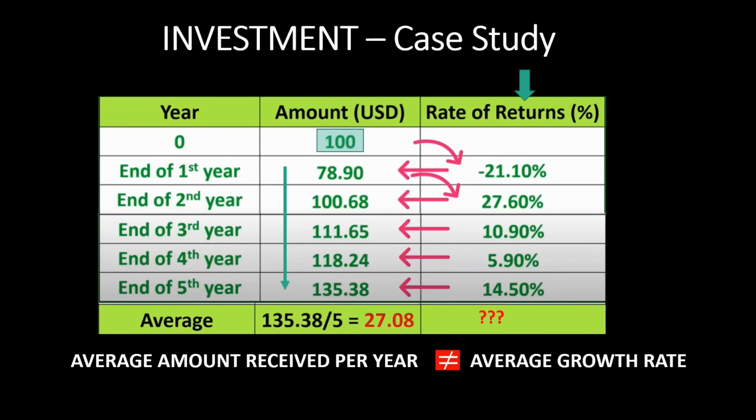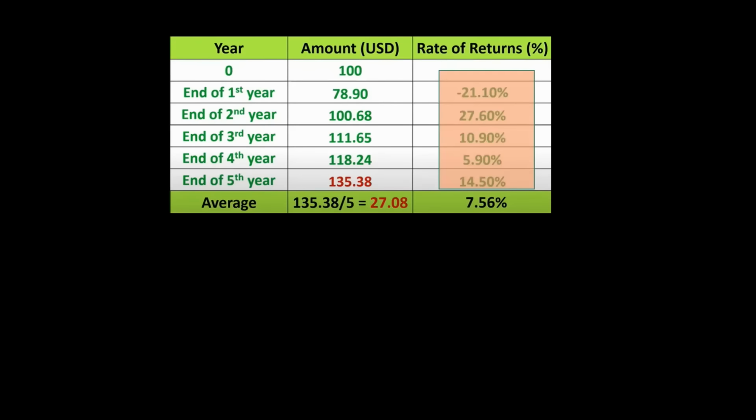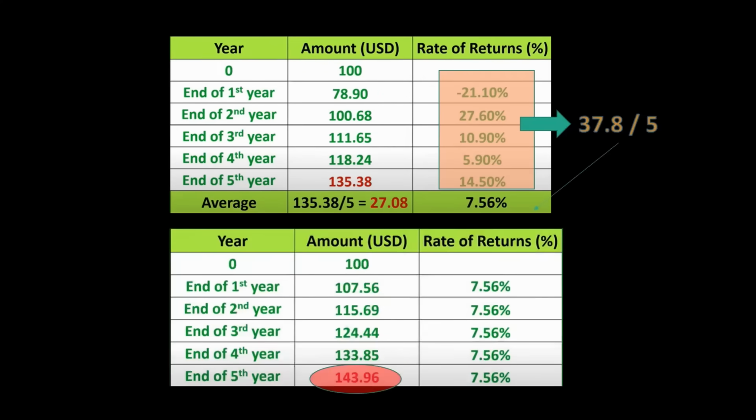Answer is that it's not correct. The amount that you have received per year, if you take average value of 27%, is not same as the average growth rate. So if you take the average of these values, it comes to 7.56. Now, if I increase my returns by 7.56 every year, I should be getting 135. Let's see. So if I keep on increasing my return by 7.56, my 100 becomes 107, then 115, so on,